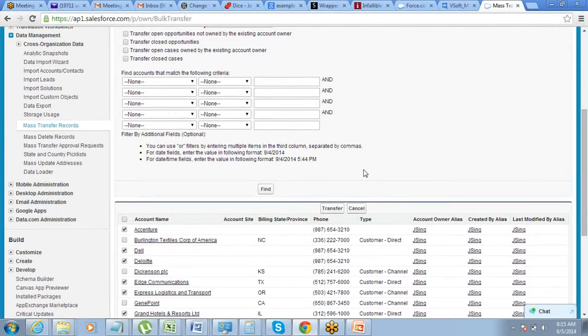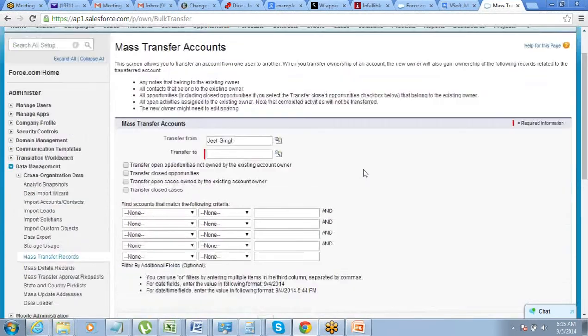If someone is leaving the company, if someone is leaving one project and moving to the other project, let's say Hemant used to deal with some data and he is moving into some other project. All his accounts need to be transferred to Chetan. So in that case, we will do a mass transfer. Select all the records of Hemant, transfer it to Chetan. Right? Instead of doing it one by one, you will just come here, select all the records of Hemant, give it to Chetan, transfer. Got it? It's a very simple option.